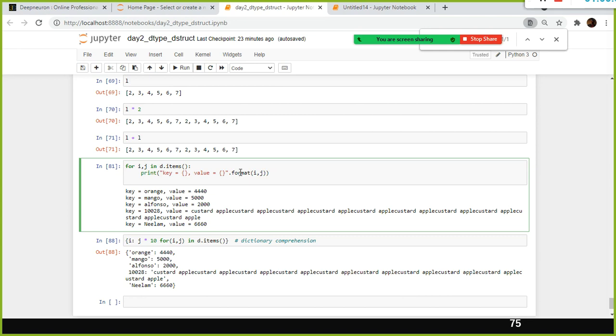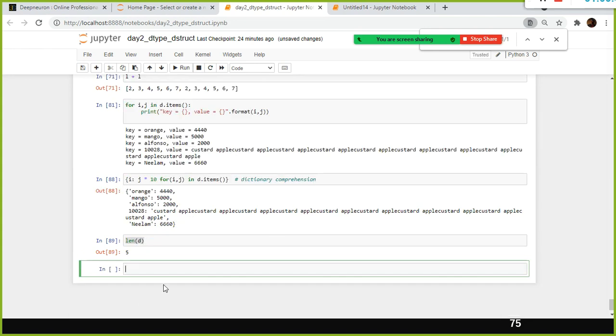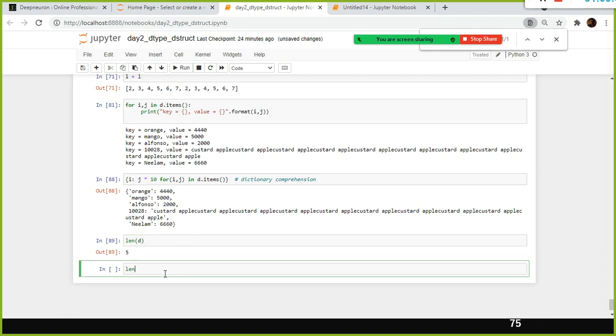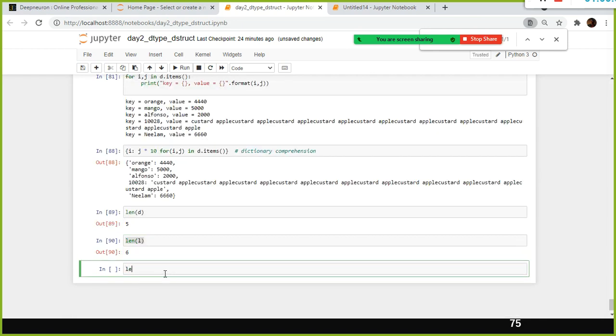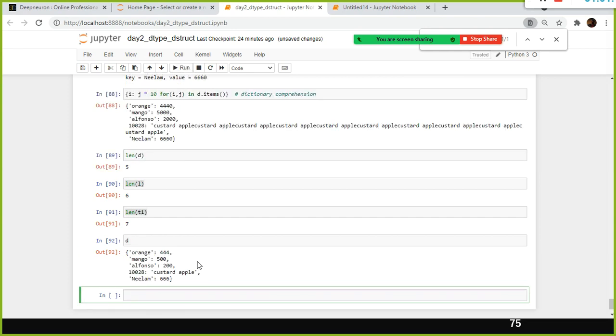And for example, I wanted to find out, is it possible to check the len of my d? See how many elements are there, the length of this one. Same thing is applicable for the list also. List we already discussed, right? Even len of T1, to know how many elements are there in a tuple, list and dictionary, use a common function len. Len is helpful. And we have something called the update function.